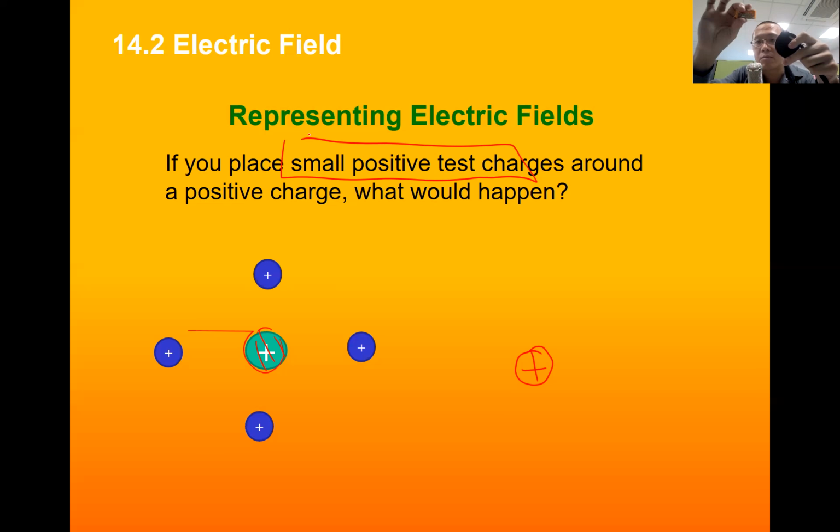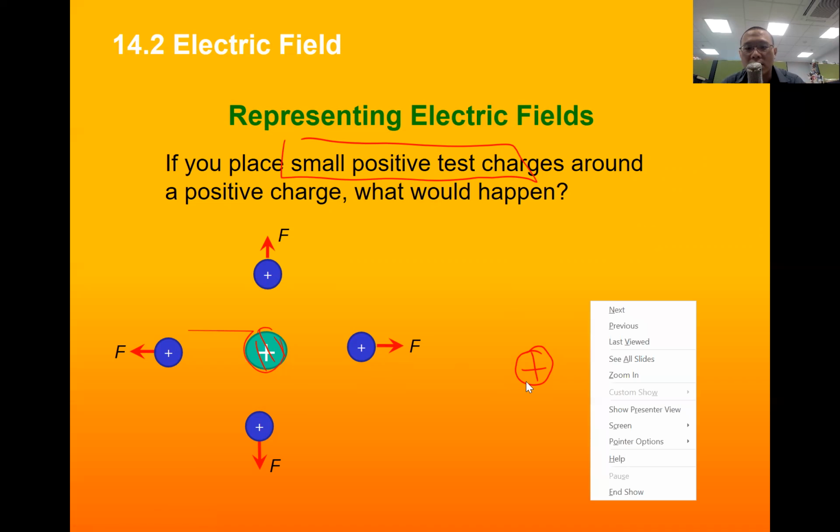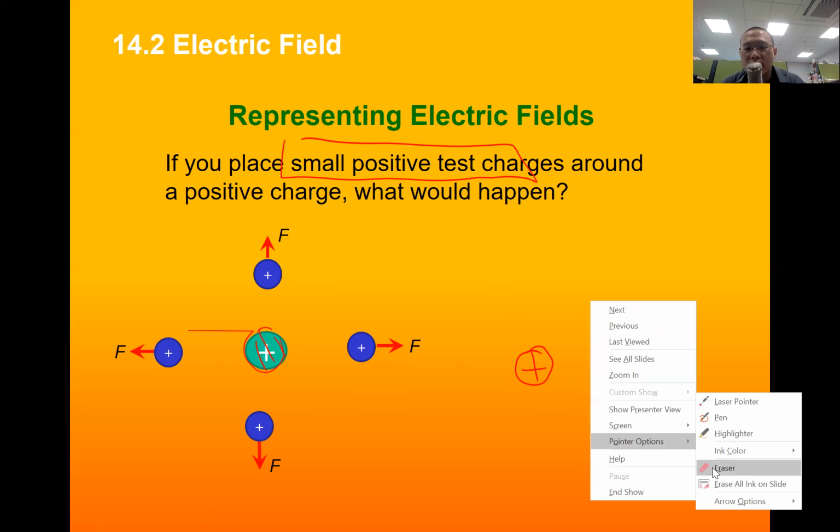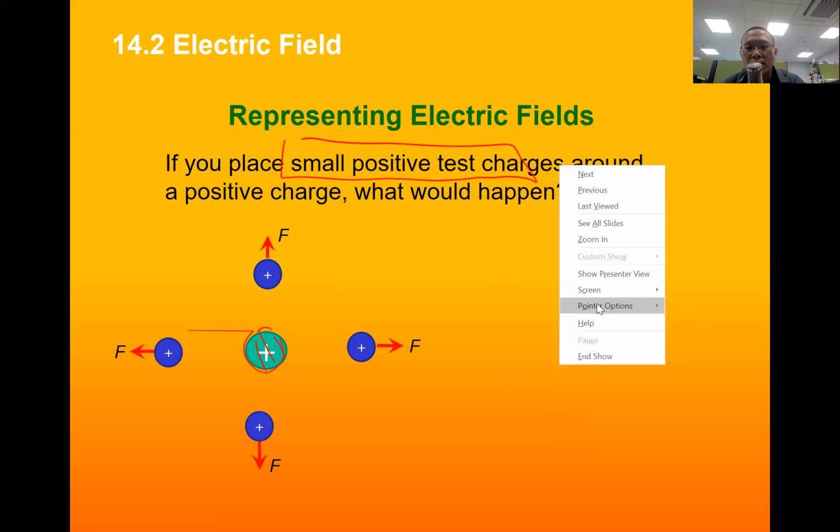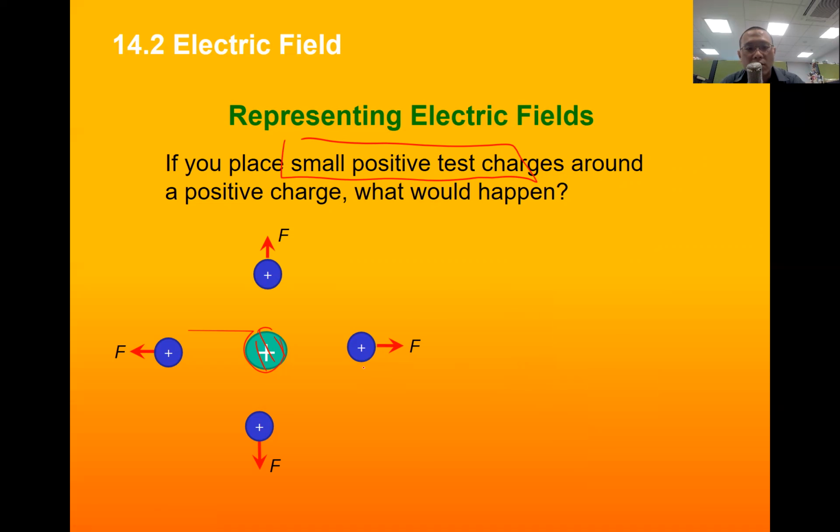Then I repeat the experiment for different locations using the same positive charge. I let go, I detect, and I remember the movement direction. And that movement direction will tell us where the electric field is. Okay, so if I bring a small test charge here, near to the